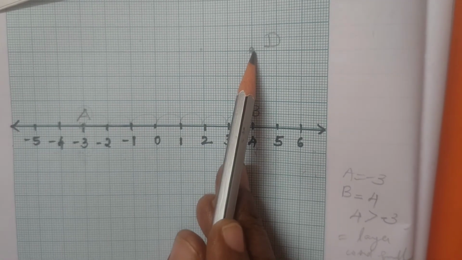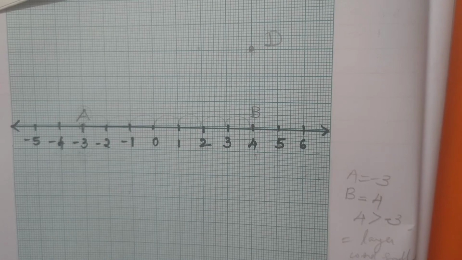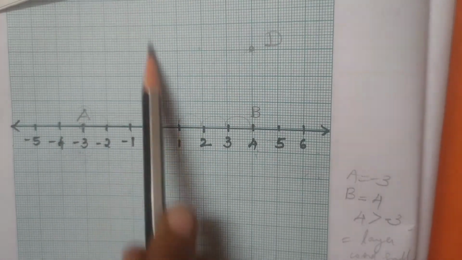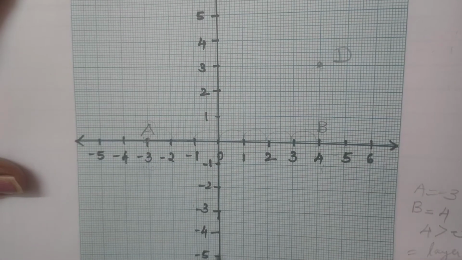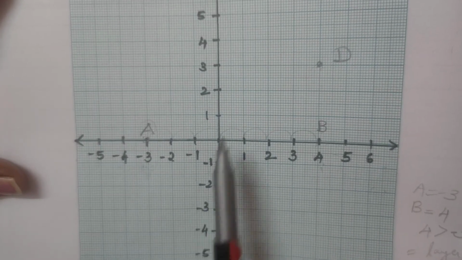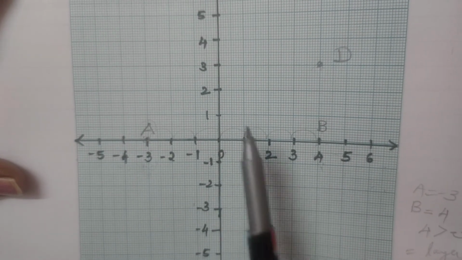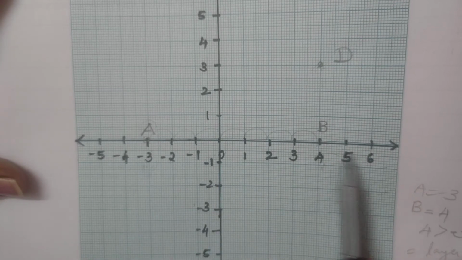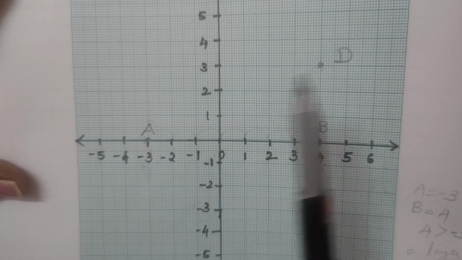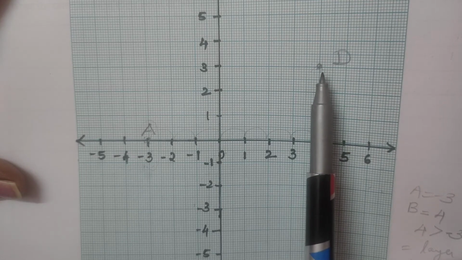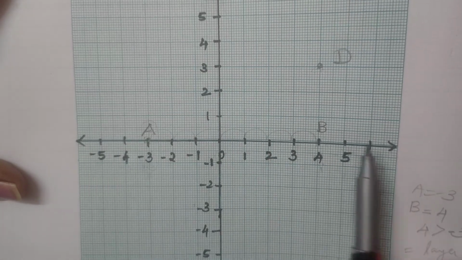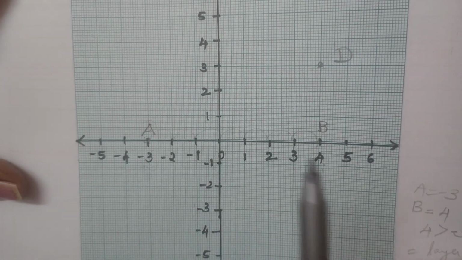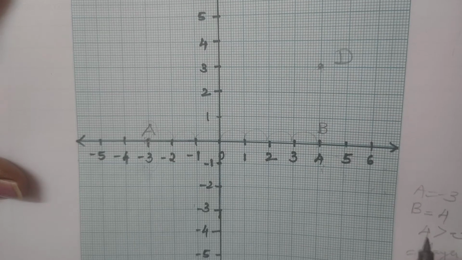Where is it located? For this, we need to have one more line here, that is a vertical line which passes through this 0 here. Okay. So now I made one more vertical line. Can you all see here? Yes. So this is a vertical line and this is a horizontal line. When some other point is located, to find the location we need to have two axes, the x axis and y axis together.